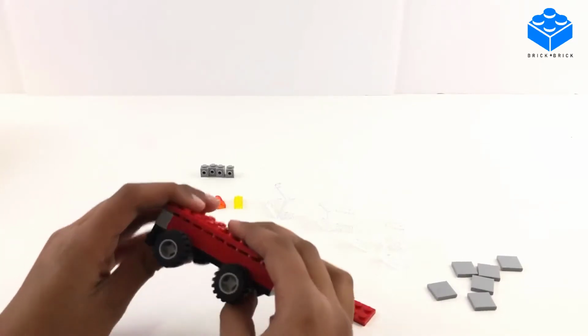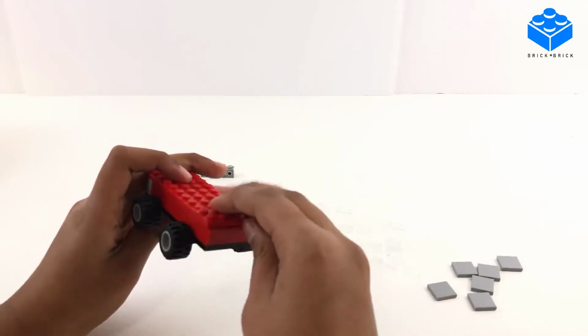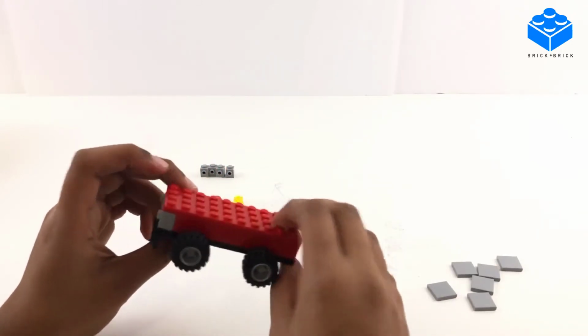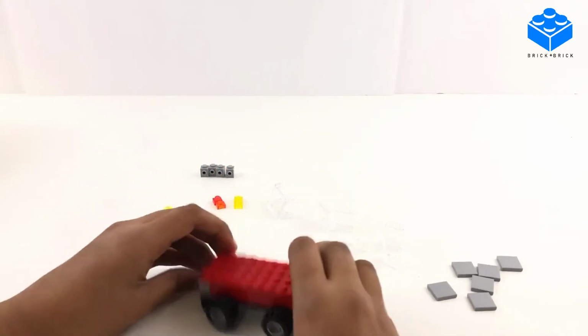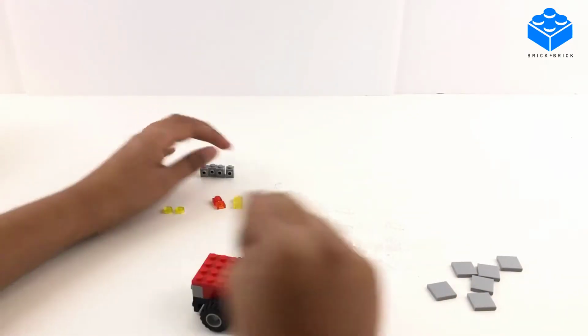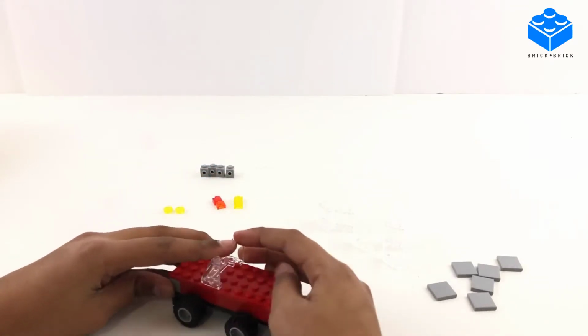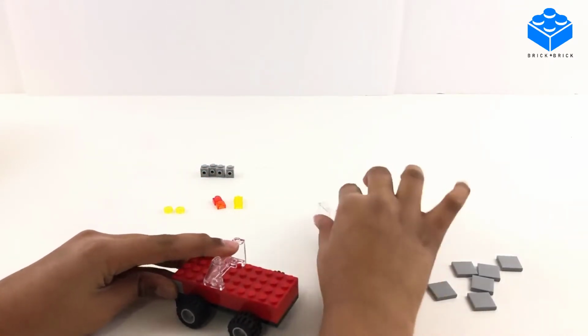Then we need to place our plates, which are red, onto here. And they look pretty neat. So now we need to place our